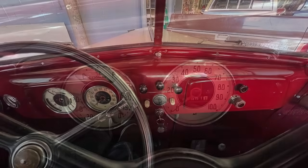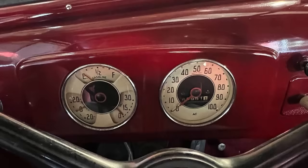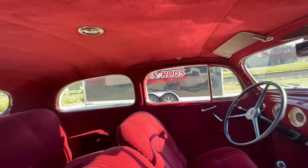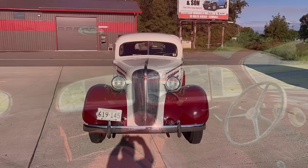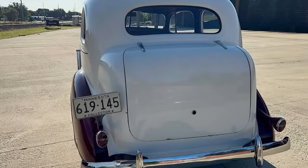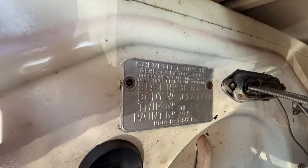The body appears clean and rust-free, with trim and badging in good condition. Interior. Inside, the maroon upholstery complements the cream exterior and maintains the period-correct aesthetic. While basic in layout, the cabin presents well with original-style trim, a simple dash layout, and bench seating for comfortable cruising. Drivetrain. Under the hood is Chevrolet's dependable straight-six engine paired with a 3-speed manual transmission, which the seller notes